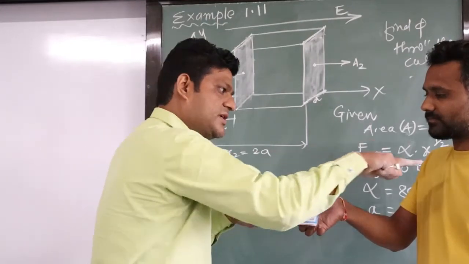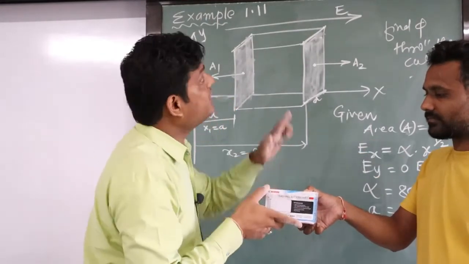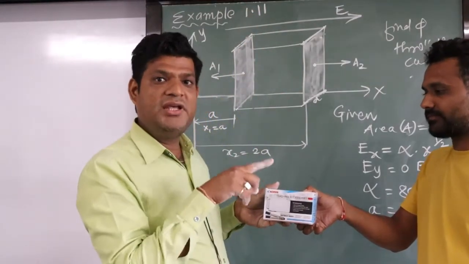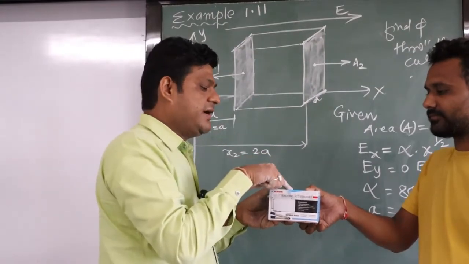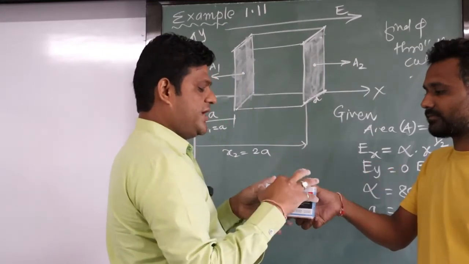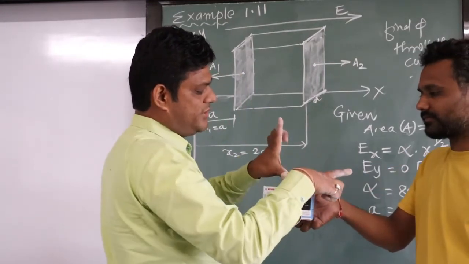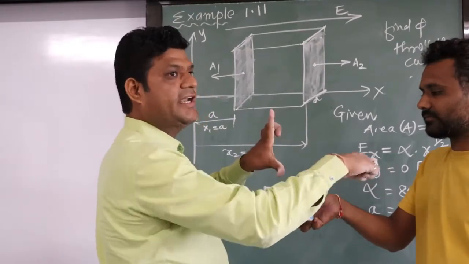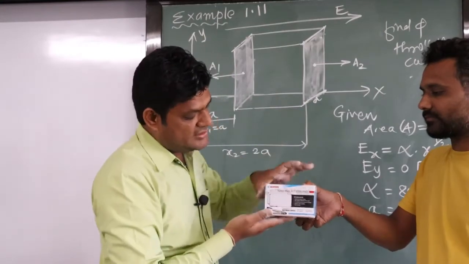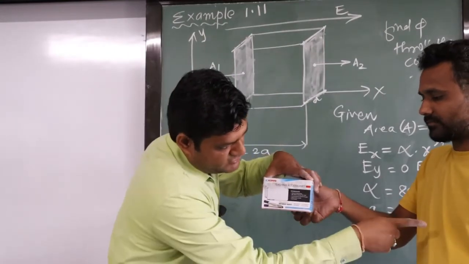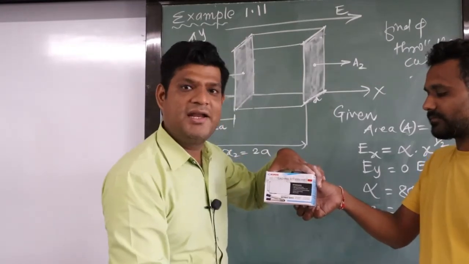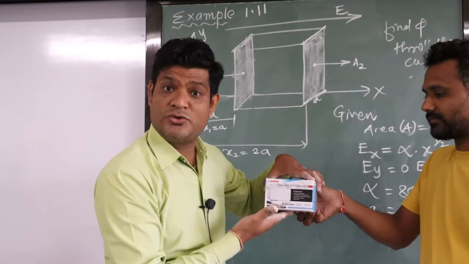See, electric field is toward the sir and area vector is in the upward direction. So what is the flux? Phi equal to EA cos 90. Area vector upward, electric field in the direction of sir. So the angle between these two becomes 90 degrees. So flux will be 0 for this face. Similarly, over here, direction of electric field is toward the sir, and area vector will be downward, the angle between area vector and electric field will be 90, cos 90 becomes 0.